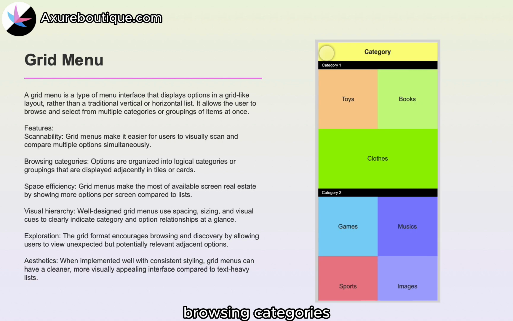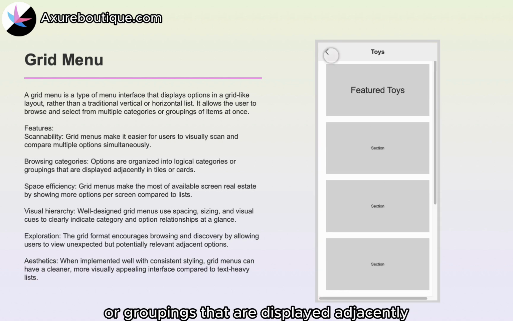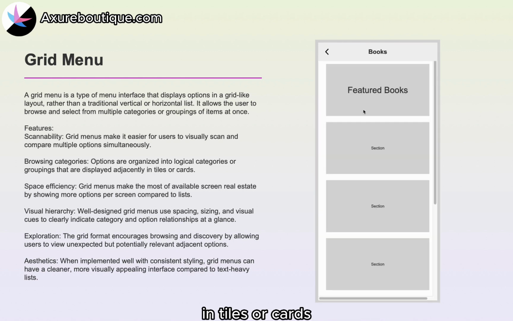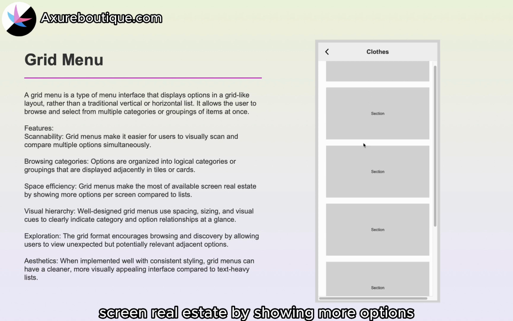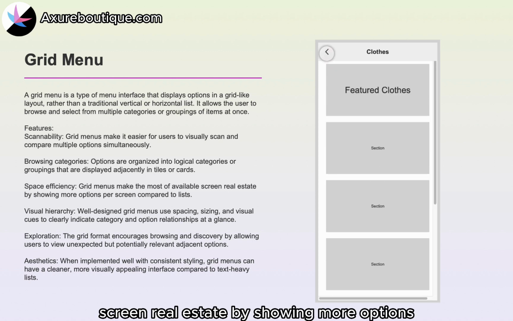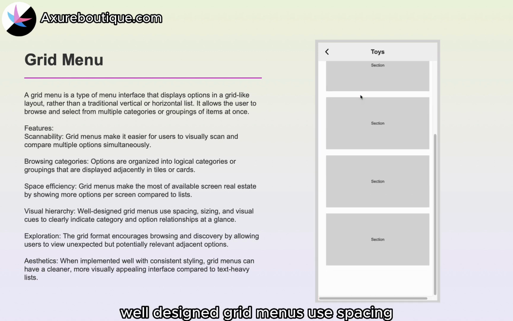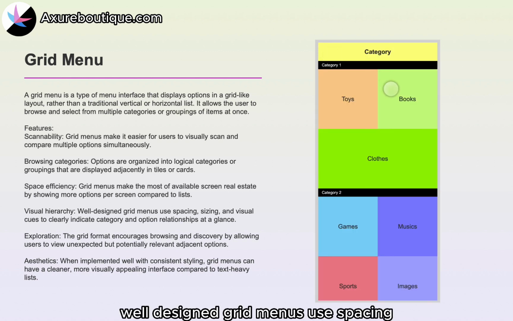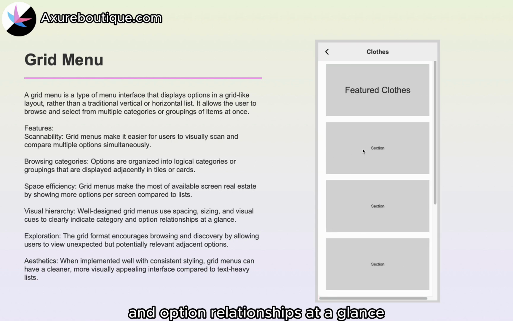Browsing categories. Options are organized into logical categories or groupings that are displayed adjacently in tiles or cards. Space efficiency. Grid menus make the most of available screen real estate by showing more options per screen compared to lists. Visual hierarchy. Well-designed grid menus use spacing, sizing, and visual cues to clearly indicate category and option relationships at